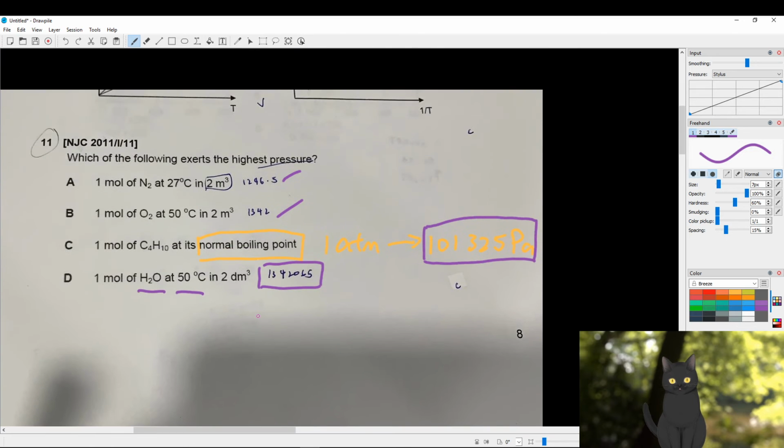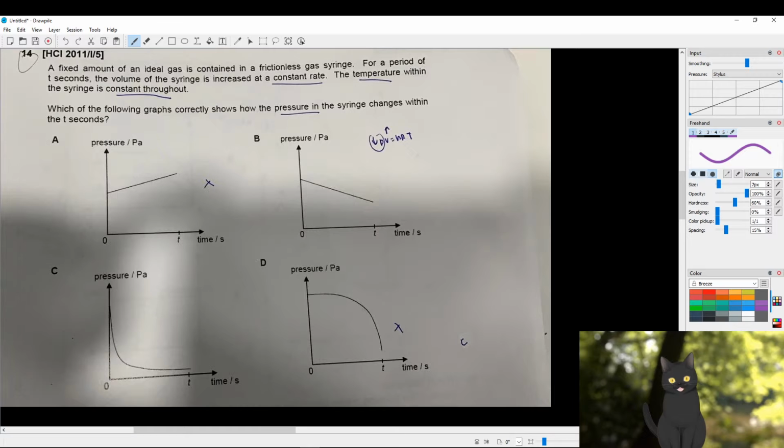So yeah, okay, question 11 solved. Question 14 is actually